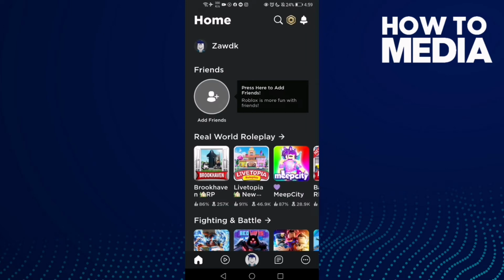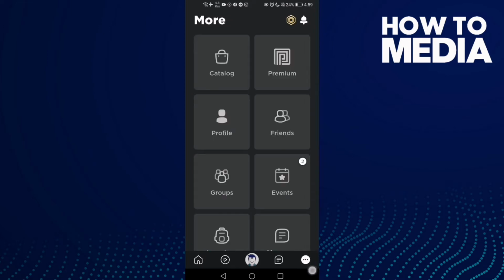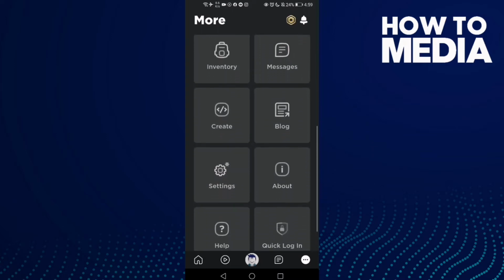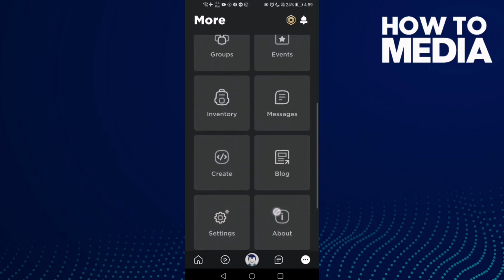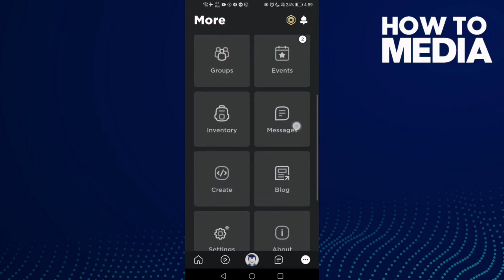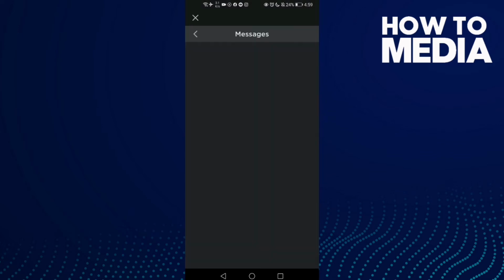and now just click these 3 points here in the bottom corner and then go down until you find this one, messages. Click on it, and as you see here you can find your messages on Roblox Mobile,